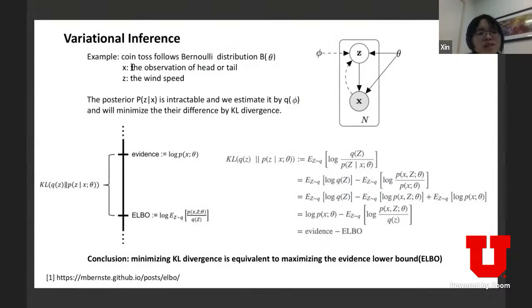Okay, in the next slide, because I didn't understand variational inference before this paper, I tried to look at some documents to understand it. For variational inference, assume there is one system. X is the observation, theta is trying to model this system, and Z is some hidden variable. For example, we toss the coin, and it follows the